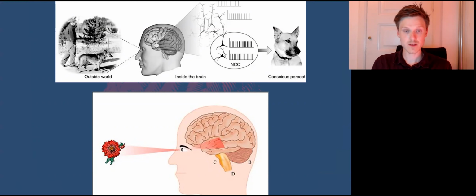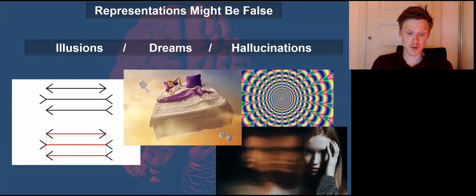And this has one consequence, which the first order theory can use to explain things. Since content is not identical with representation, that means that a representation could be false. So, for example, illusions or dreams or hallucinations are all examples where the representation of reality, or the actual content out there in the world, is false or is a wrong representation.